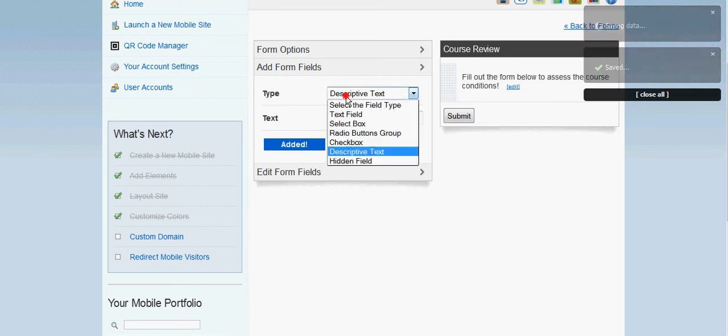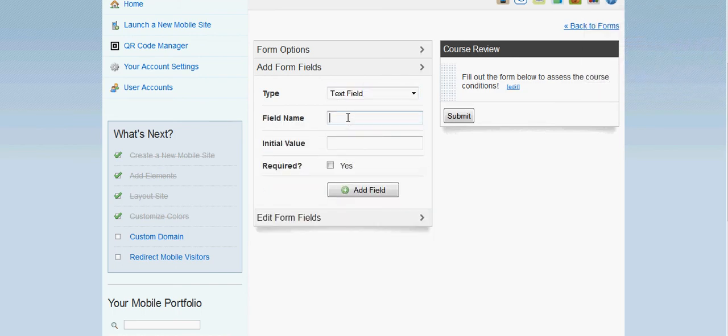Go ahead and add that, and then we'll go ahead and add a text field. And this is basically a field for inserting information. Whether it be a name, an email address, a phone number. Right now we will stick with a name, so we'll say, what is your name? This will be the descriptor, and then an initial value. This is actually where you put your name, and initial value would be just an initial name, or phone number or email address that we could insert to give an idea of what you'd include. Required, we will go ahead and check that off. So in other words, no one can send this form unless they include their name,